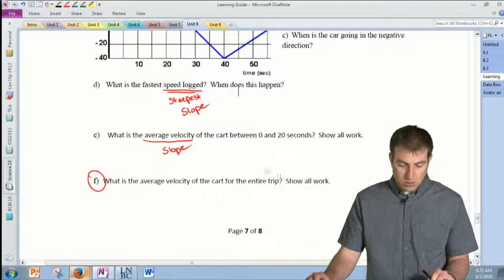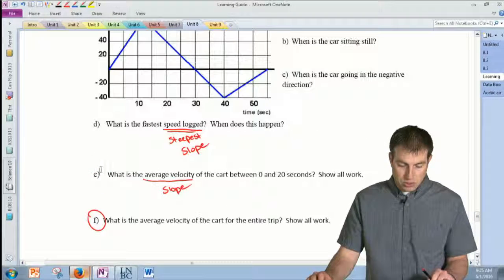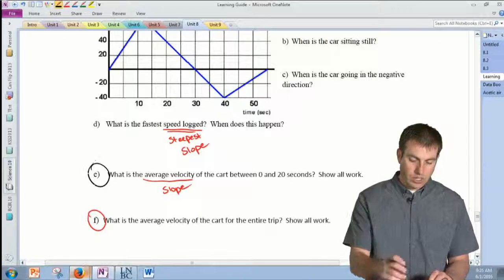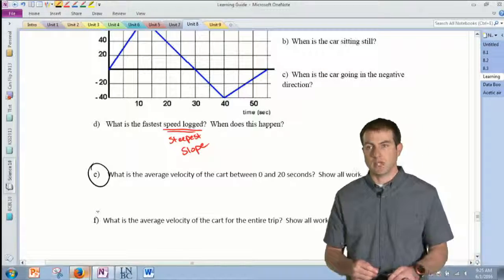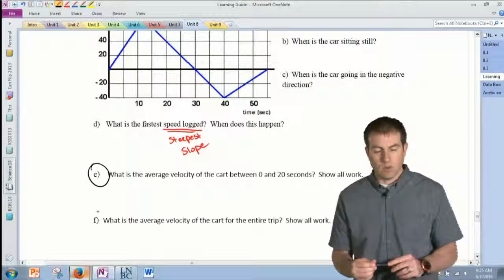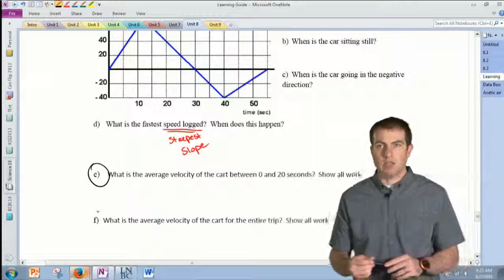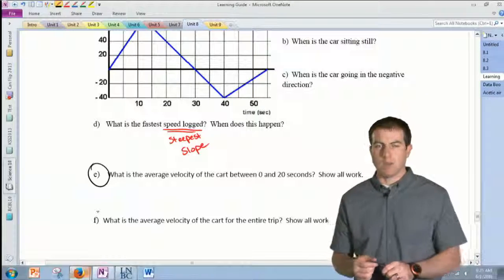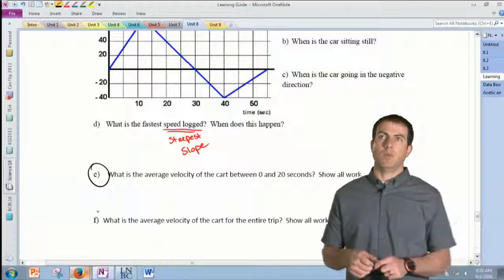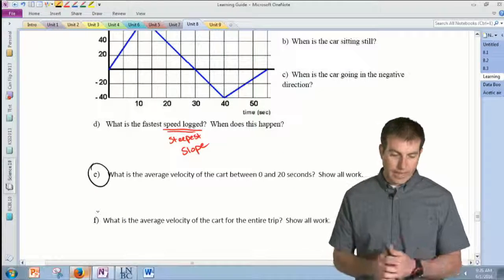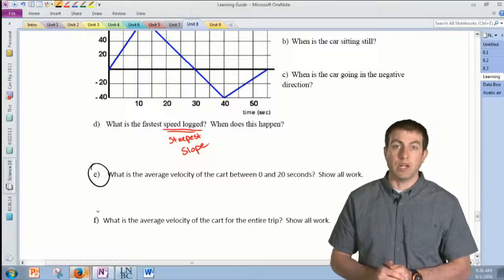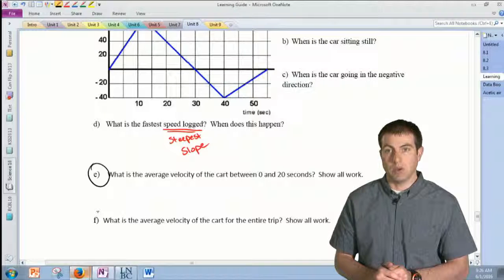Maybe I'll ask you this. Ava, did you get letter E? Did you do that one correctly? Did you get the right answer for E? Because doing the last one is the exact same process. And I guess I kind of alluded to this last day that there's more than one way to think about these problems. There are more than one sort of method to do them to get the right answer. And essentially, it doesn't really matter how you do it as long as you're getting to the right spot.